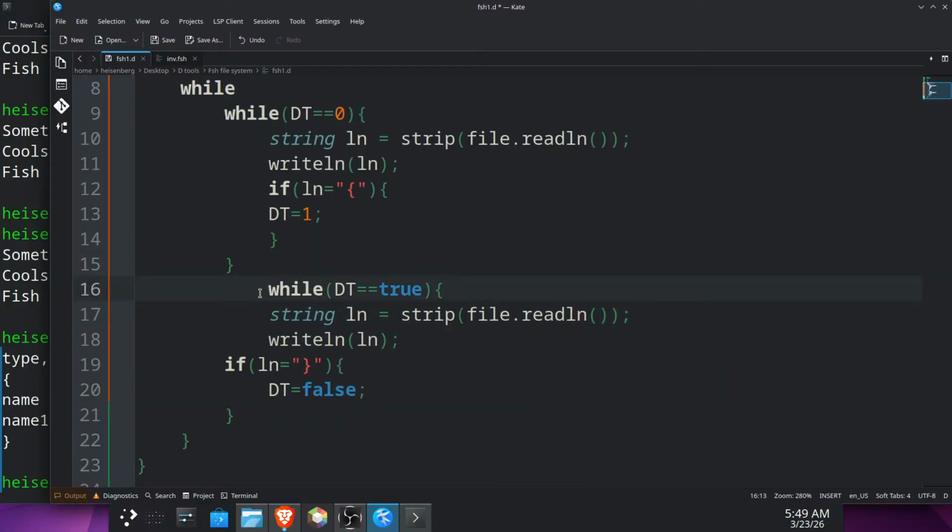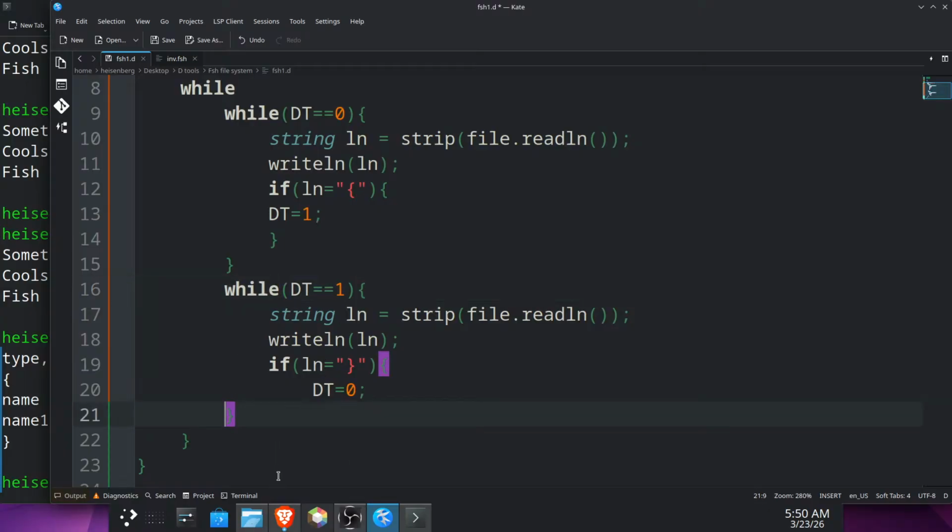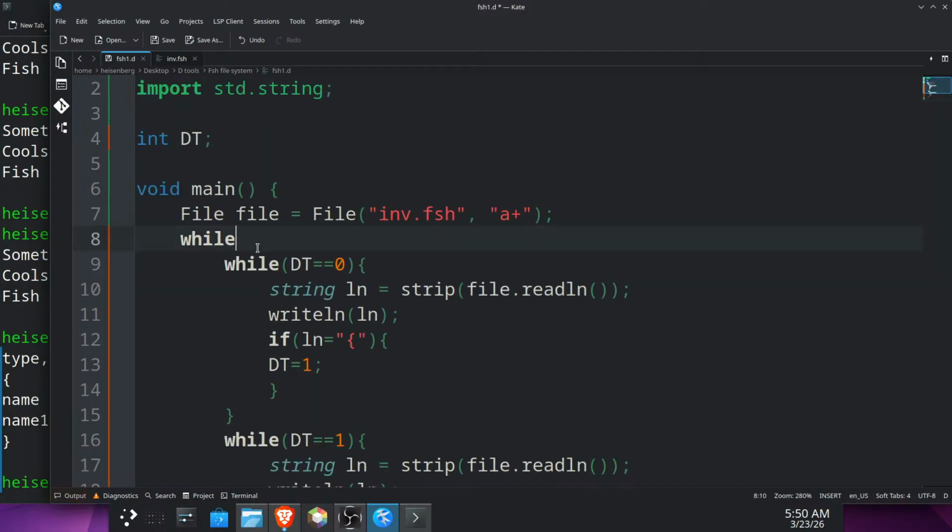The while will be on that same level. dt equals, oh, this will equal 0. This will equal 1. And we'll have to have these nested, even though I wanted to try to avoid that. It's fine. We'll just put this inside of a nested loop. We could do a while true, but that would just keep going. While file